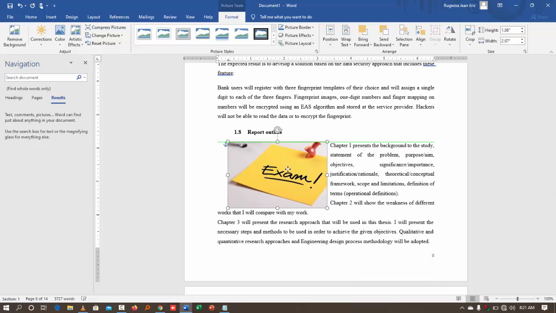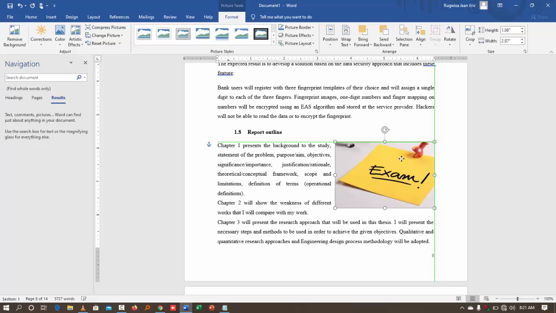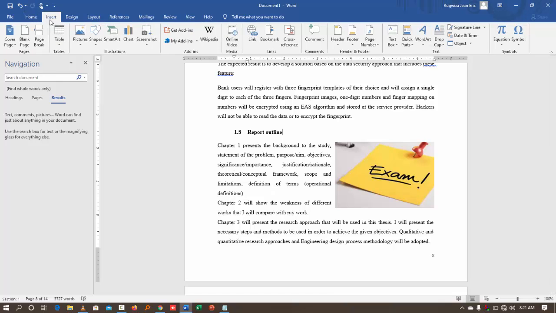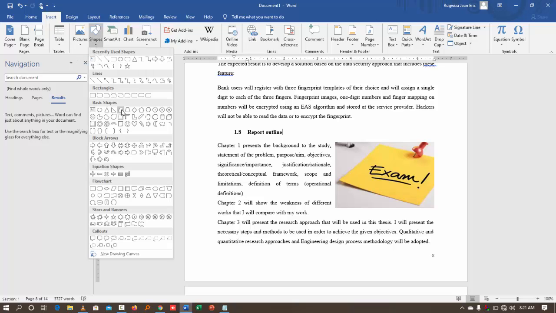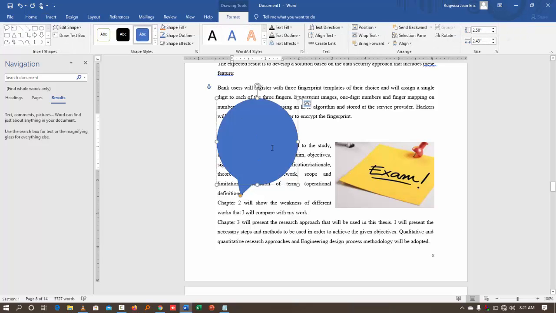Then everything can be done like this. So for example, here you want to insert a shape. Let me say, for example, we come here on insert, then we come here on insert a shape. You can choose any shape you want. Sometimes you want to add it like this, so that it will be like a